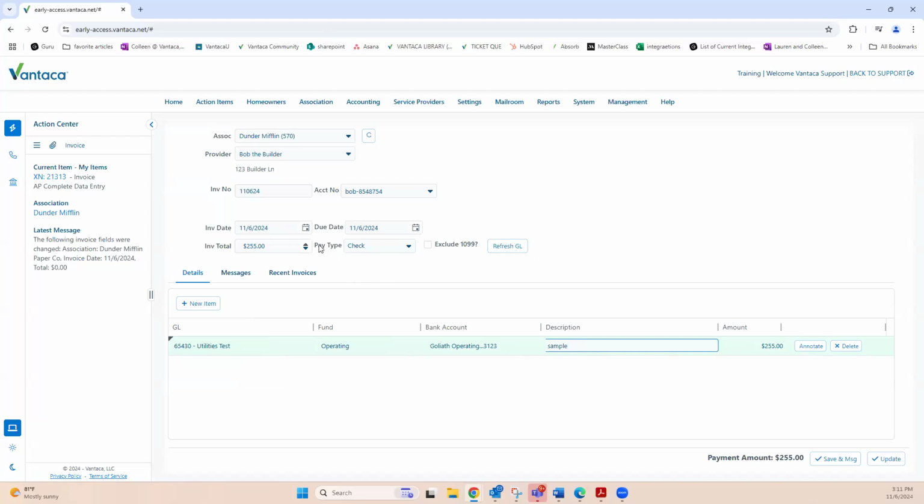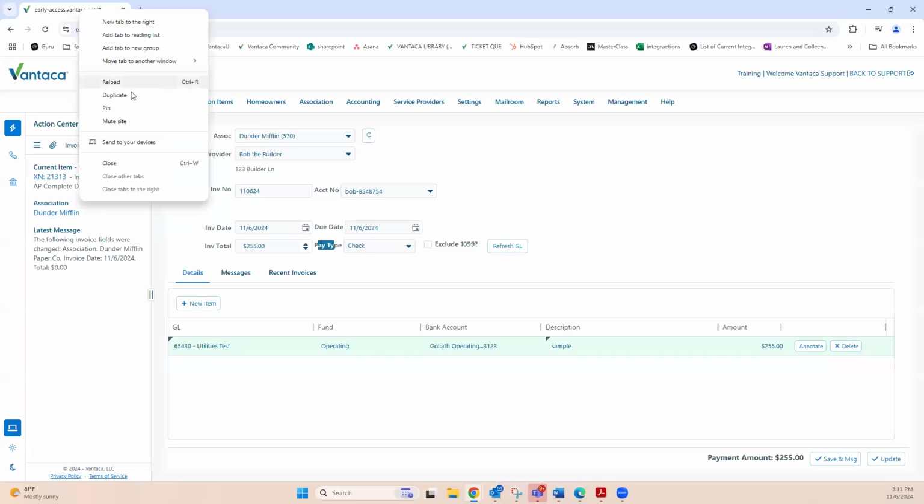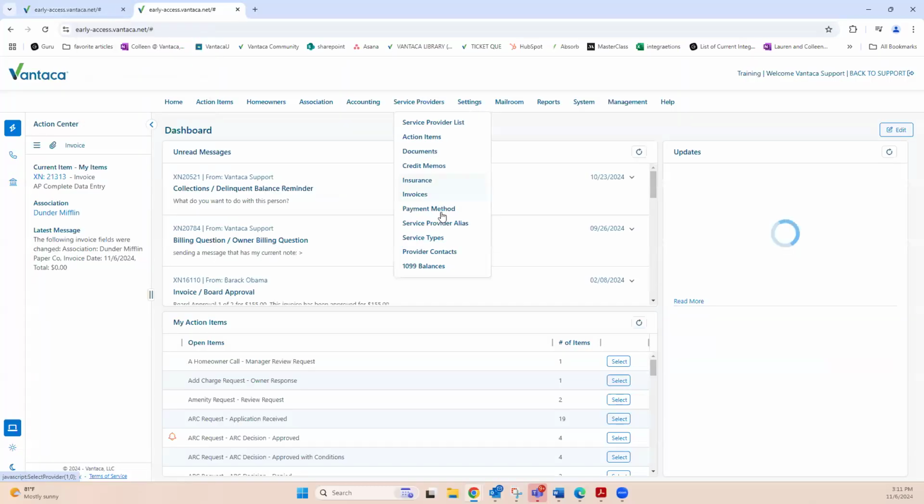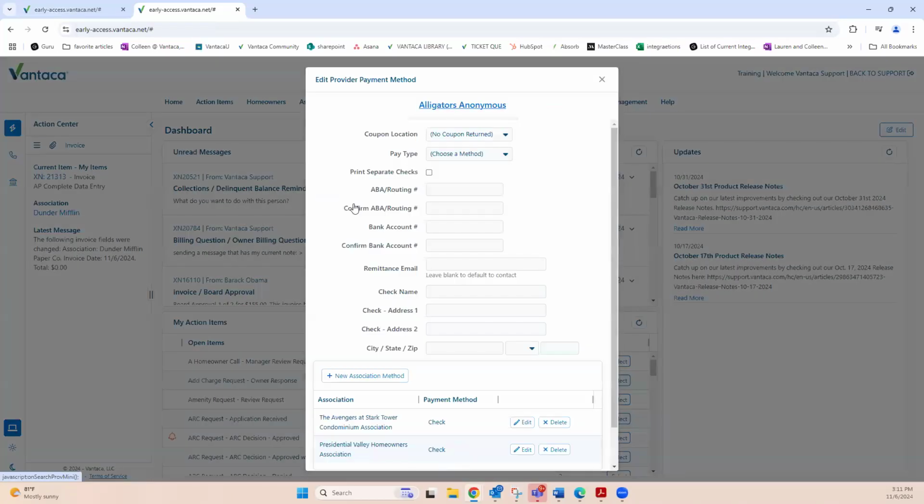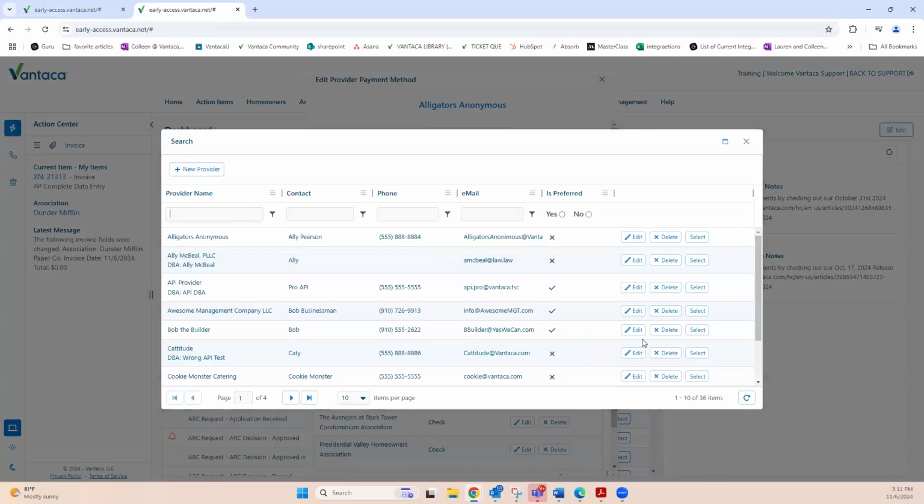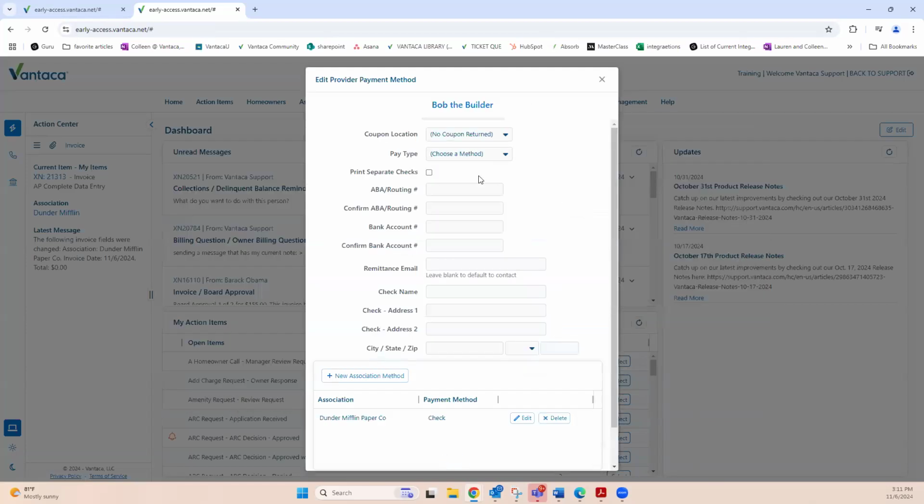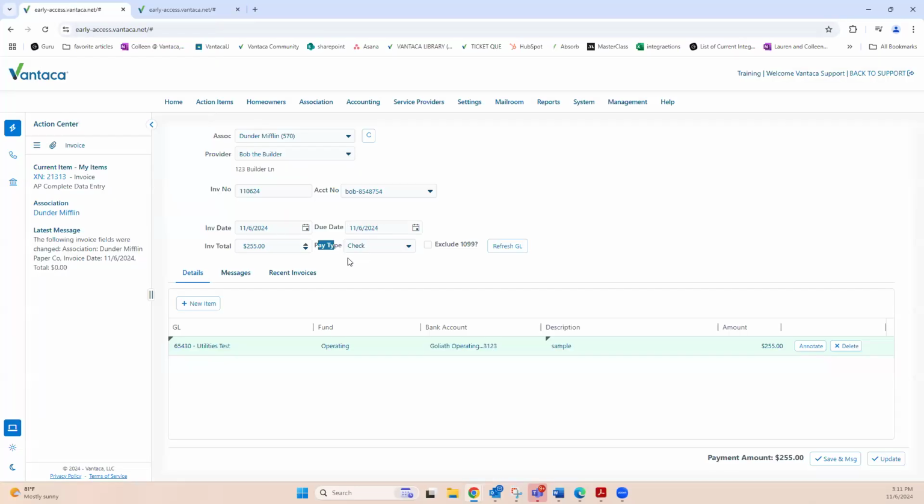Also, what it does is it looks at in Vantaca if they have a preferred payment method set up under service providers payment method. It'll look at this. Let me just find Bob real quick. So it'll have Bob's preferred payment method. So right here we have an exception set up down here so that Dunder Mifflin always pays this provider via check. And that's going to pull in right here into this spot. So if for whatever reason it pulled in ACH right here, so if this service provider prefers to be paid via ACH and we're cutting a manual emergency check, you would just want to come down here and select it